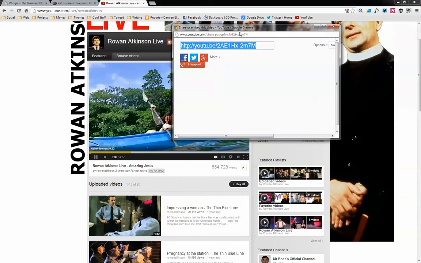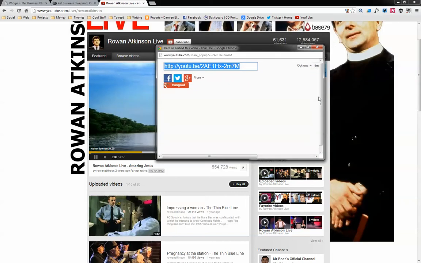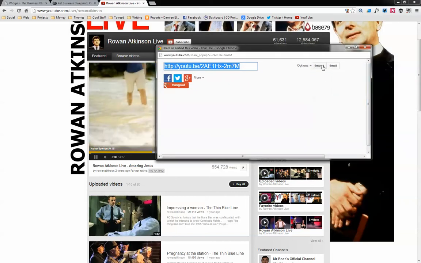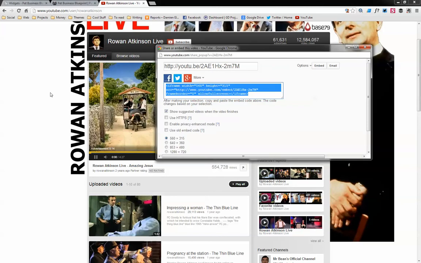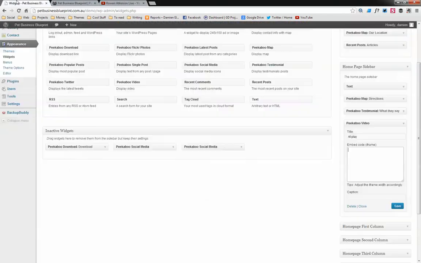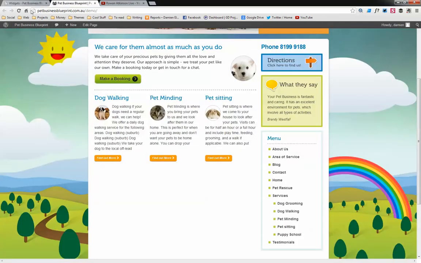And this gives us our code here. We want to embed, it gives us this code, we copy and paste that back to our website, paste that code into here, caption, having fun with Rowan, save, go to our home page,